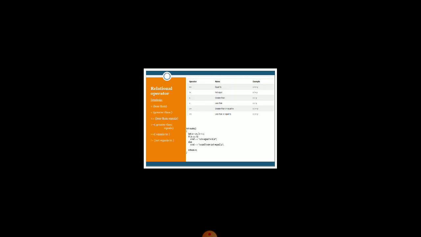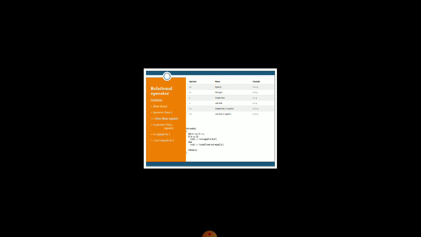Then the second one we have is the relational operator. Relational operators are basically used to show the relation between two operands. They include less than, greater than, less than or equal to, greater than or equal to, double equals, and not equals.